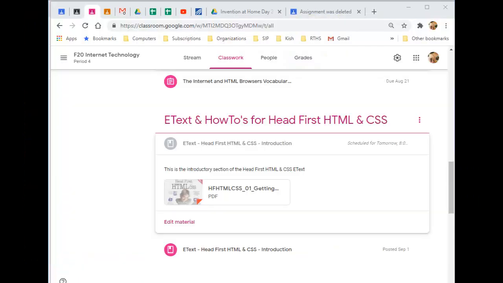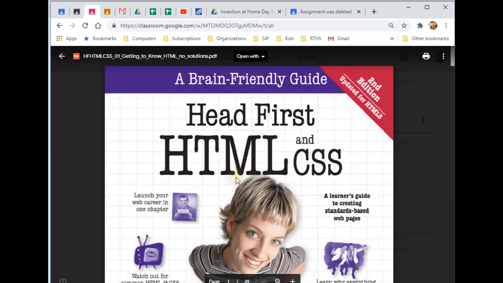Okay, so we're going to switch over to the e-text and how-tos for Head First HTML and CSS. We already did one for the introduction. You should have watched that, and this one is about Chapter 1. So I'm going to open that up,